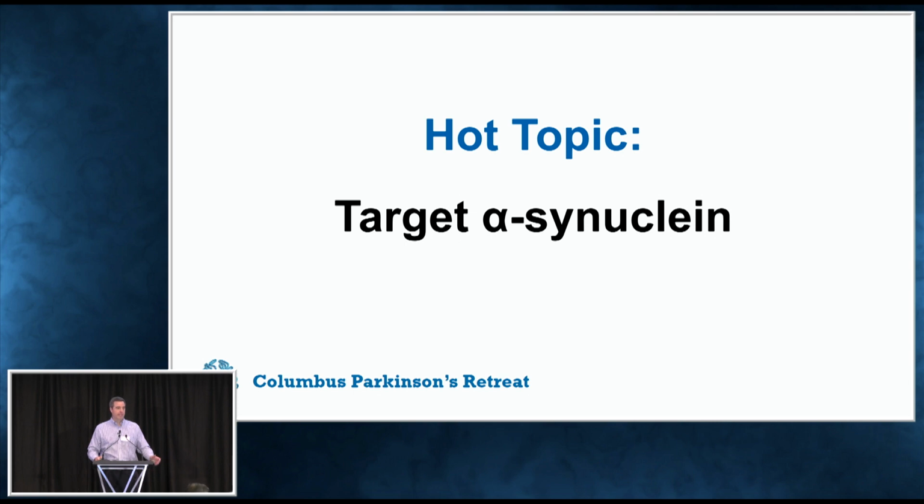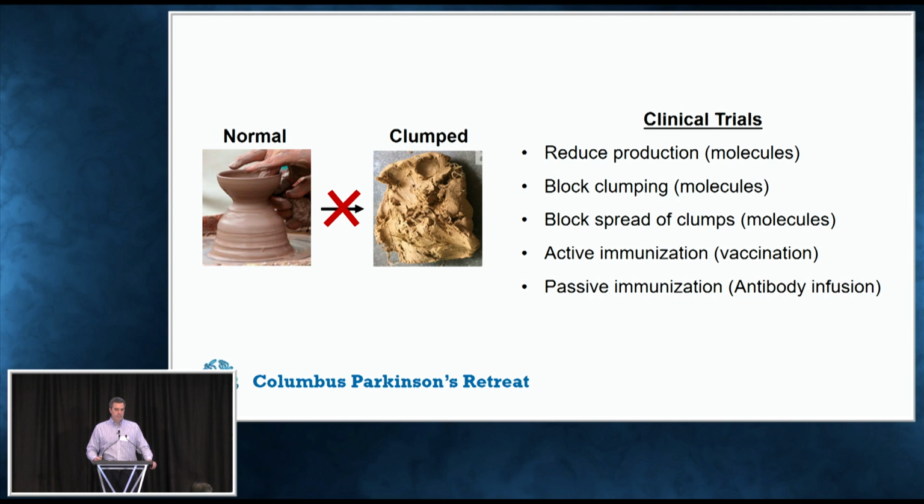Targeting this clumping process is in various phases of clinical trials at lots of levels of the pathway. Molecules are being used to try to reduce production of alpha-synuclein. There's a clinical trial at Ohio State that is using a molecule for that, and actually,